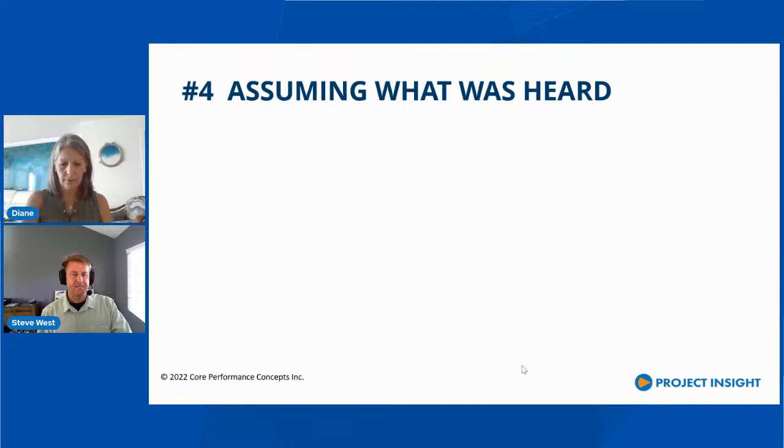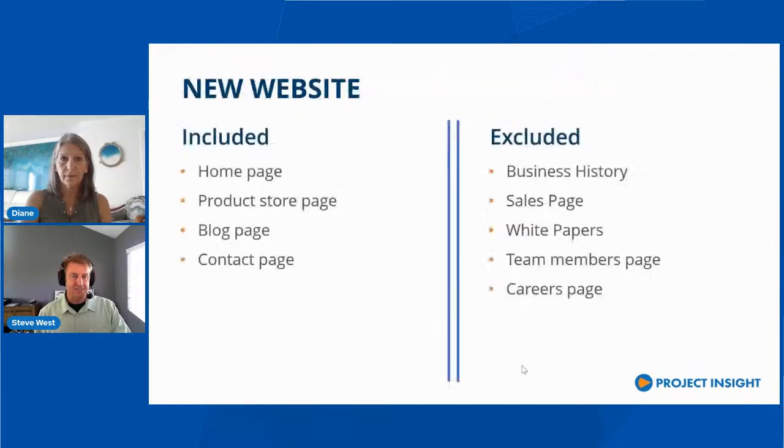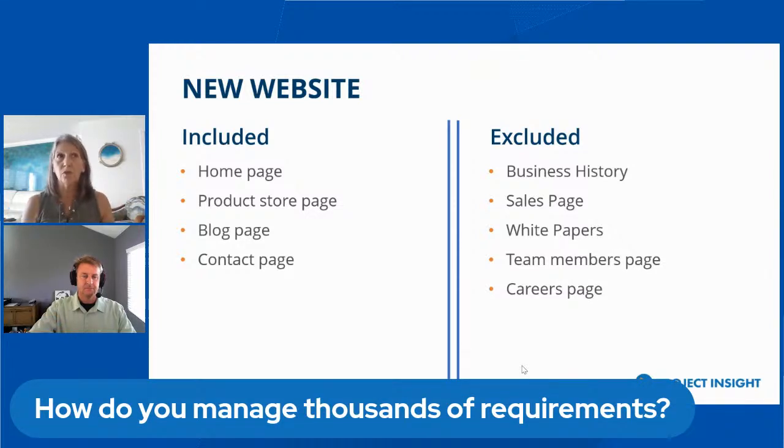Now that example is pretty straightforward. What if I have 1,000 requirements? How do you manage the time it takes to prioritize all of the different things? There's going to be layers, Steve, right? I would not expect the charter to have all 1,000 requirements. It could reference a business requirements document that's off to the side. And in some cases, you won't do the requirements until you start the project. So that's another reason why you go back and adjust the charter.